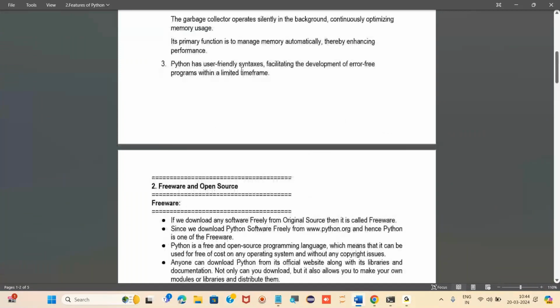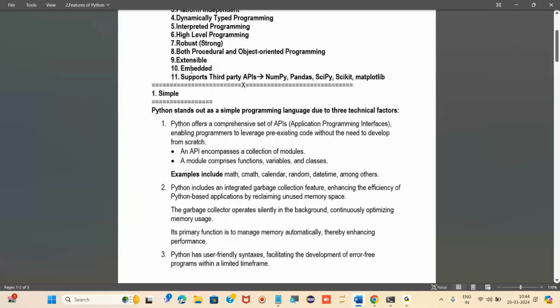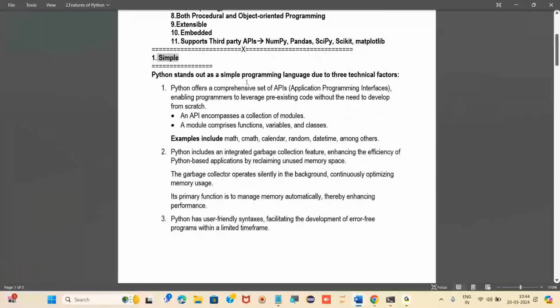So till now we have seen Python is simple because of three technical factors. One is that it has a rich set of APIs. An API, an application programming interface, is a collection of modules. Also, a module is a collection of functions, variables, and classes.